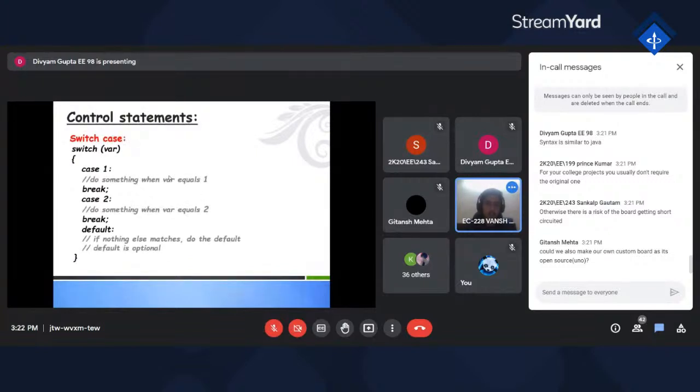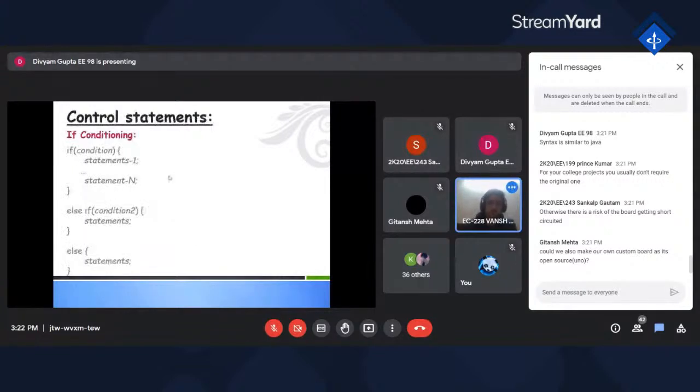So what does it do? If a particular condition in the if is true, then the if statement executes its statements.